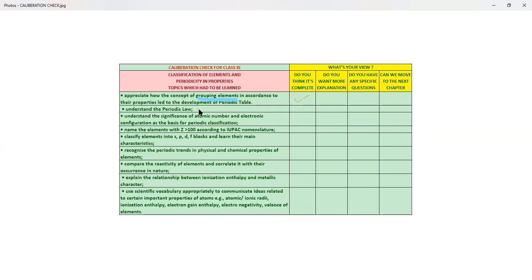Periodic law, modern periodic law, and classical periodic law we have seen. Then how atomic number and electronic configuration is related to the position of the elements, that also we have seen. How the names of the elements with atomic number more than 100 are given, and classifying the elements in SPDF blocks. Recognize the periodic trends in physical and chemical properties,